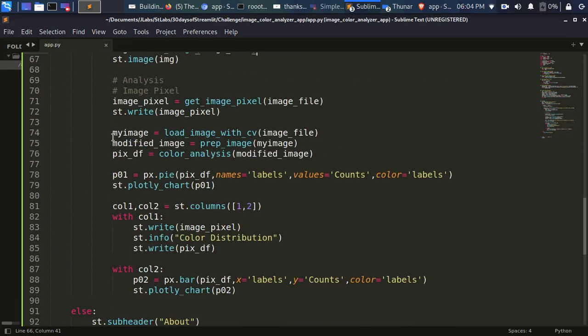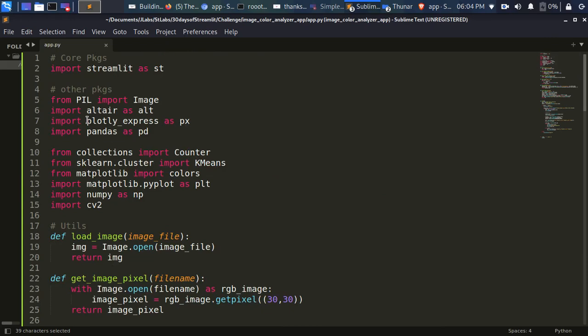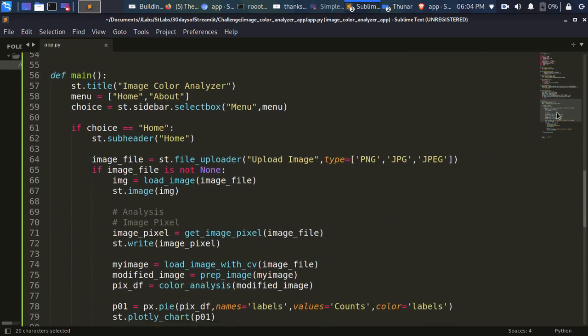So just applying that particular function, I'm going to load that particular image, prepare the image, that is reshape and resize them, then apply our function to it. It's going to return a data frame. Then when it returns the data frame, we're using plotly, right? So we imported plotly from here, which is plotly express as px. Then we are just going to